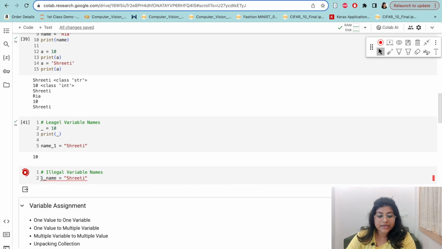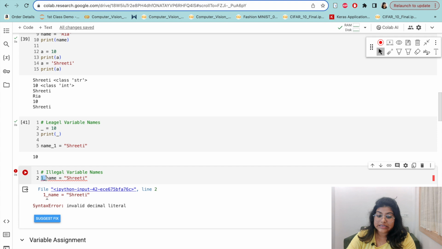A variable name cannot start with any integer. Okay,